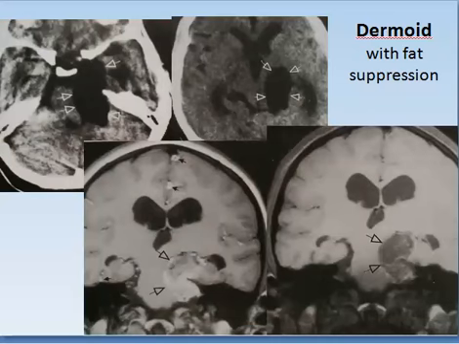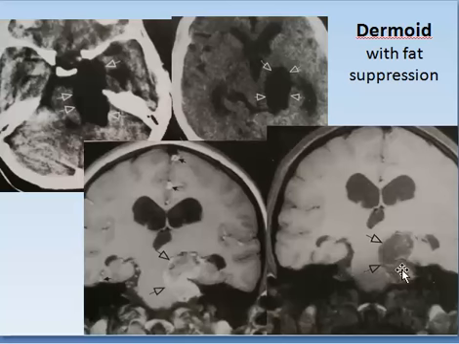Now dermoid means fat, and here we have a large dermoid cyst which is seen as hypodense T1, and at the same time it is enhancing. The dermoid can enhance because it is a solid tumor.